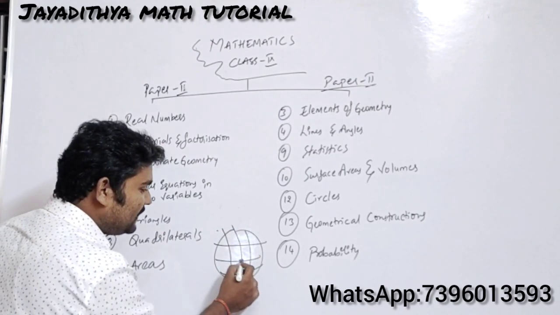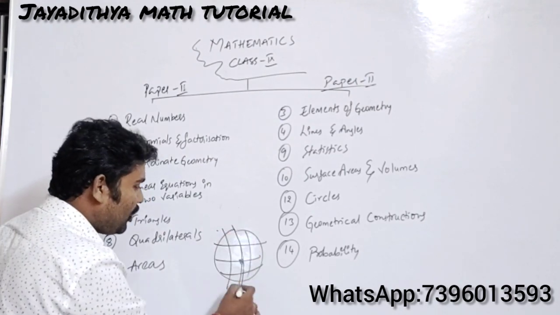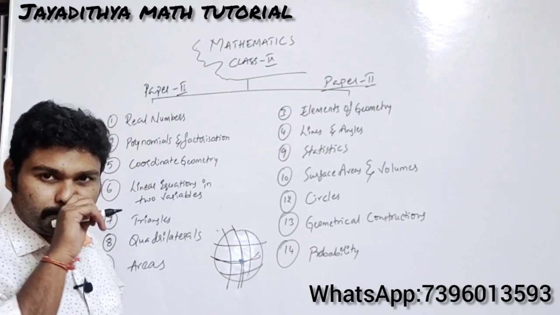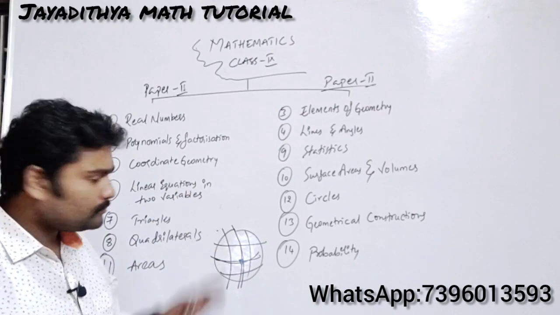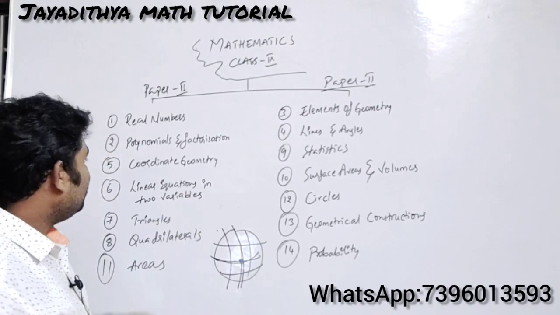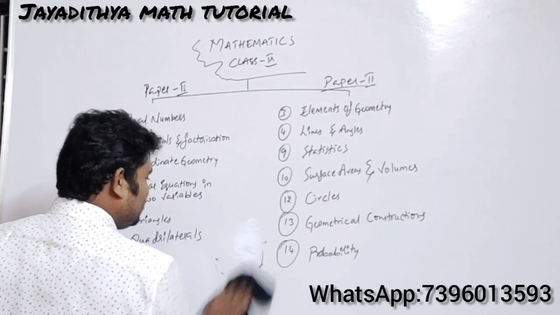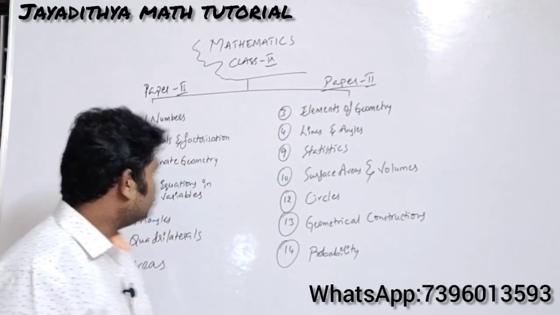So if a person is standing here, there should be a reference of the longitude and also there should be a reference of the latitude. So here you need 2 dimensions. This part we will be learning in coordinate geometry, not about latitudes and longitudes. Okay, we will be having some formulas there, some interesting chapter.